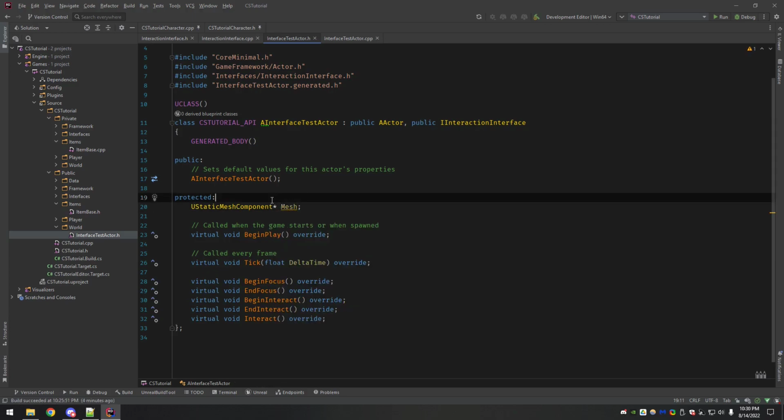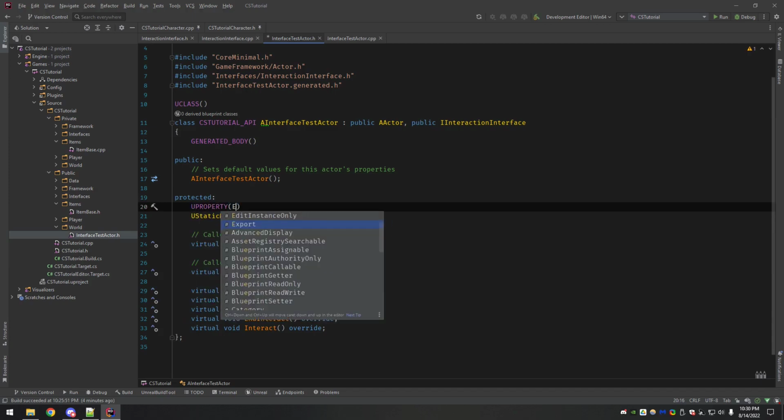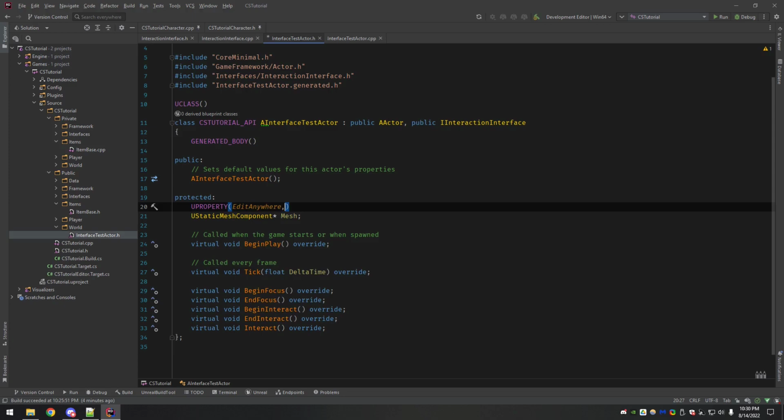Just call it mesh. It's going to be a UPROPERTY because we're going to edit this in the editor. It can be edited anywhere. Test actor, yeah, that's fine for a category.